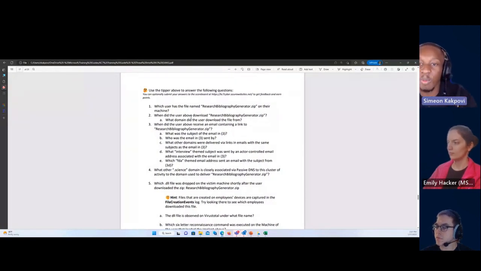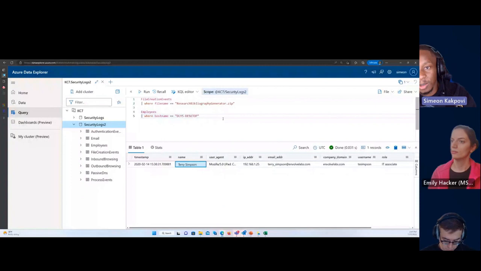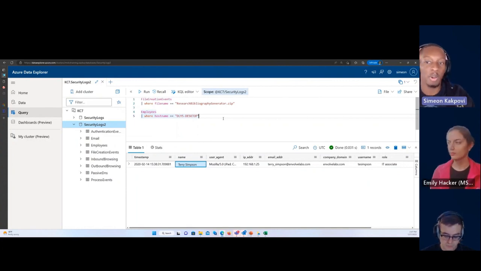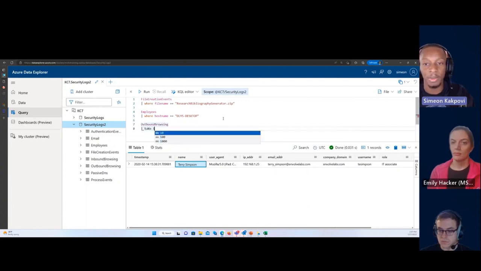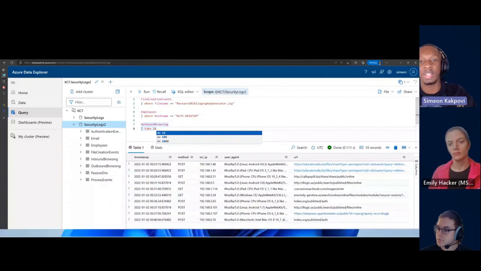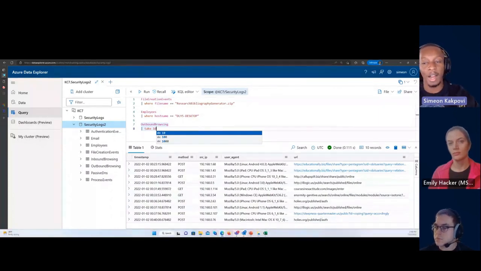In this case, we're going backwards in time. We're asking, when did the user download researchbibliographygenerator.zip? We're talking downloads, so download means somebody clicked a link and browsed out to the internet. How we figure out what websites people are browsing, we've talked about a couple of times before. We'll figure that out in the outbound browsing table. We'll do a take 10, and there's a URL field to see what websites people are browsing to. So I would expect that if someone clicked on a link with that file name, it will be somewhere in the URL that they browse to.